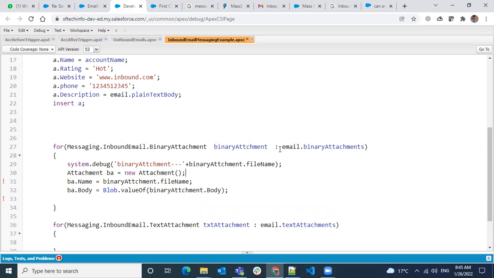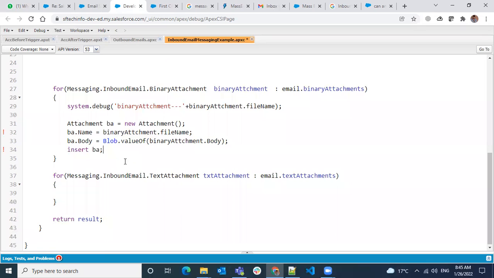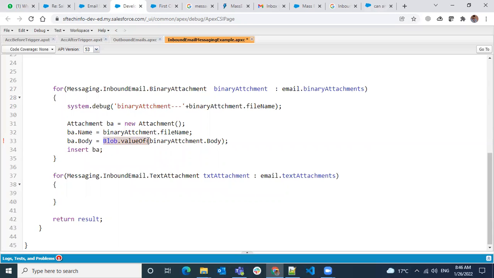Once we have this done, inside this attachment, we can directly assign this to a body. And then if we have something similar over here,